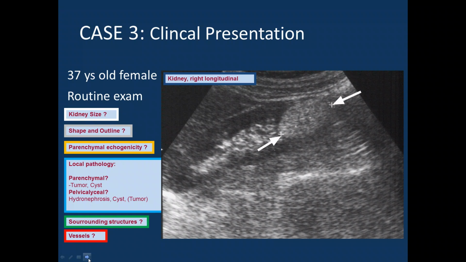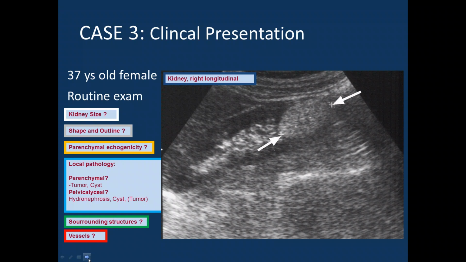And there is the pelvic calyceal area. This is the hyperechogenic part in the middle, consisting of vessels and of the urinary system, the pelvis and also the calyces. So we look for tumors, cysts,